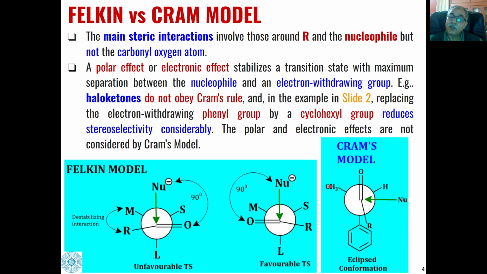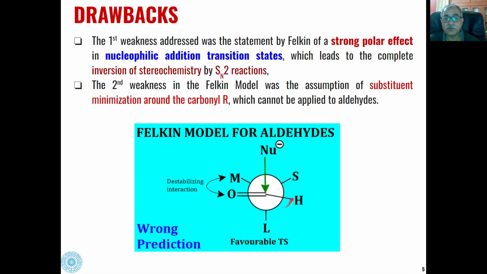So therefore as per Cram's rule, the methyl group will be anti to this carbonyl group. Whereas when we take the case of polar effect or electronic effect, then the halogen atom will be considered as the anti group, even if there is a larger group present in the molecule. So like this,